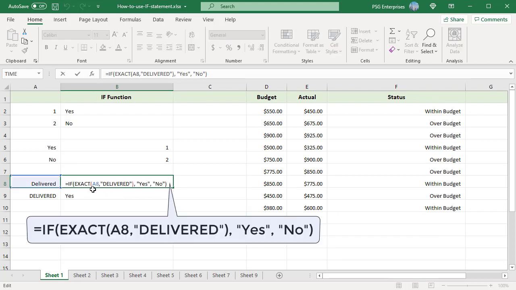For example, in this formula, EXACT returns true if the value in A8 is all caps DELIVERED, else false.